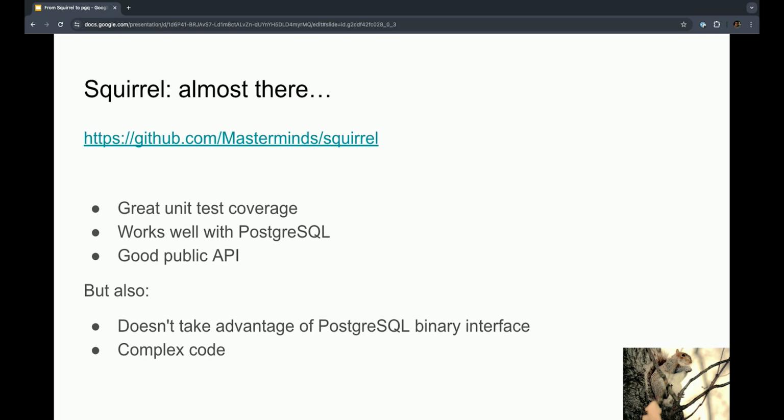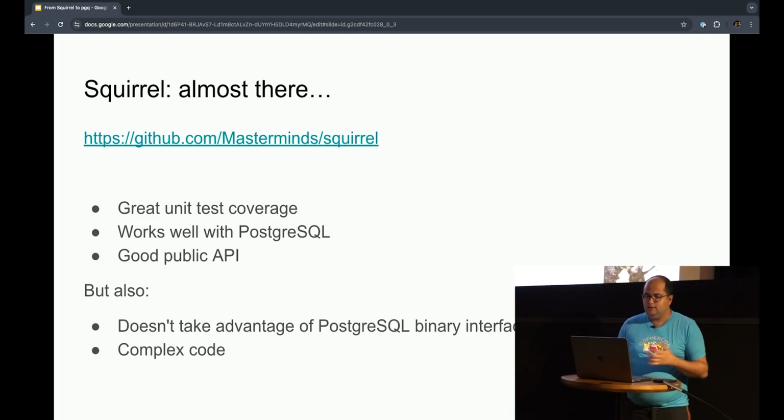And also its source code was much more complex than it needs to be, in my opinion. So I decided to play a little bit with it and see if I was able to design something more interesting.